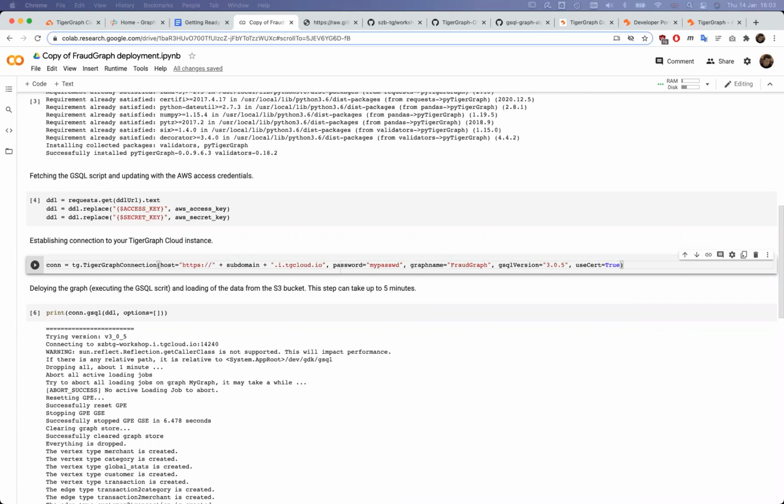How would you read from an external file? There are two ways you can read from external files. One is you can upload it directly through Graph Studio. That's one of the tabs on the left that can upload the files directly onto the server, and then you load it from there. Alternatively, you can load it from S3. And there is documentation on the website.